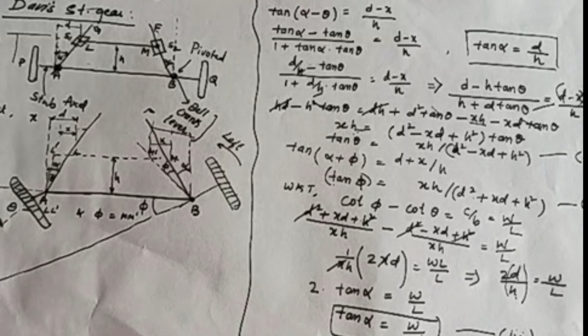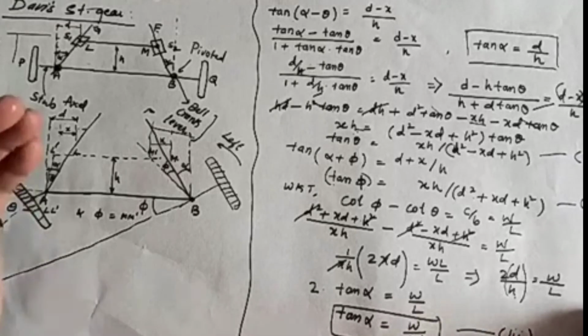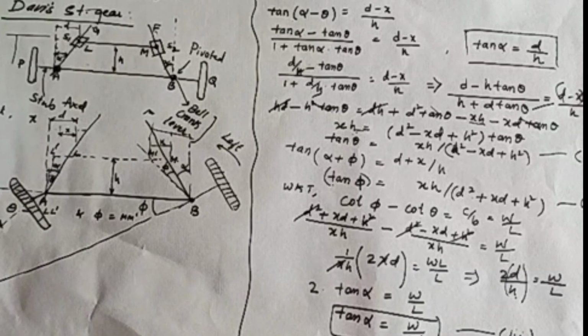This Davis steering gear has a sliding pair, so there will be more friction and more wear. Through this gear, the fundamental equation of all the positions is inaccurate, and for some time, due to the wearing, because